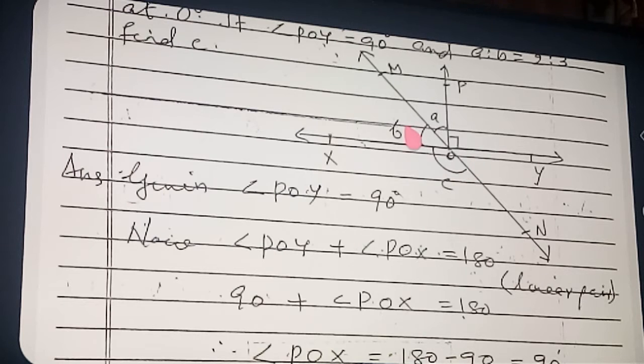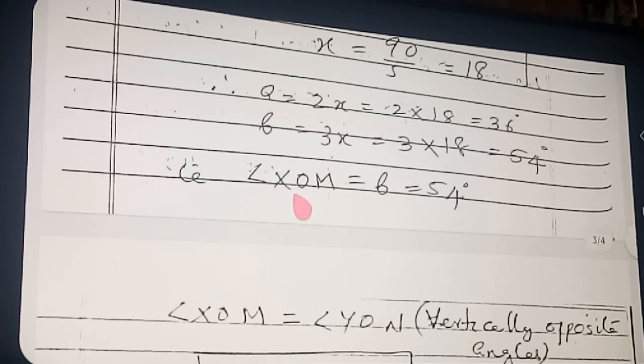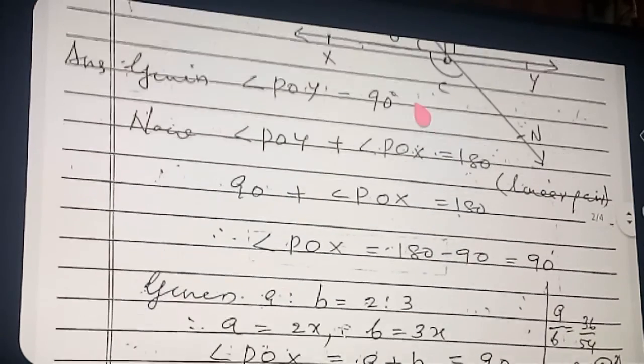Listen properly and sit. This angle B and this angle NOY form a linear pair. If this angle is 54, this angle also will be 54. Clear? And the measure of this angle and the measure of this angle, these two angles form a linear pair. So their sum, how much will it be? 180. Are you following? So this angle you already know is 54. So can you find out this angle? Yes. So now we can go to the calculation. I only explained the diagram. Now see here, angle XOM. So again see the diagram, angle XOM, see.